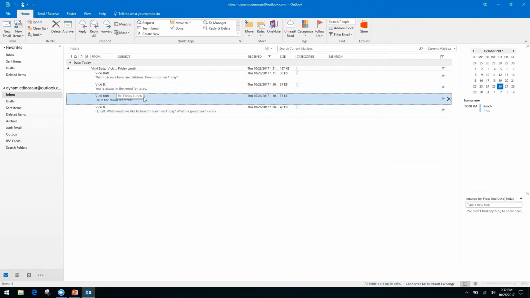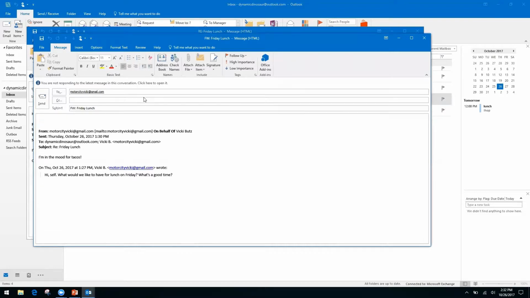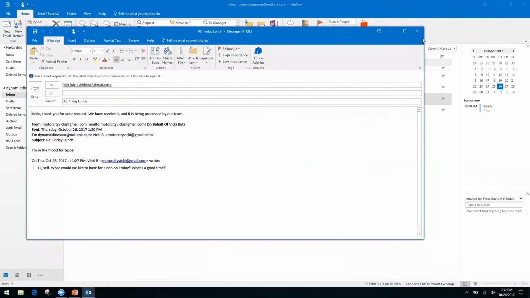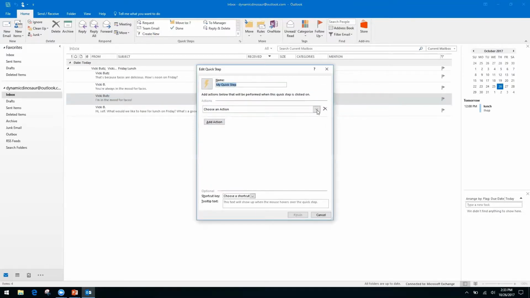So if I want to have this done, and do Control Shift 2, and it automatically pops that information open. You can see that it is now working on its own. I am replying to the customer, and I am forwarding the message over to the correct party. So I don't have it set up to automatically send right now, just because I am in demo mode, but that's what that looks like. So you can see how this is going to make it a lot easier to perform actions that you repeat over and over again. Another good one you can do, and I will just show real quick, is sending it